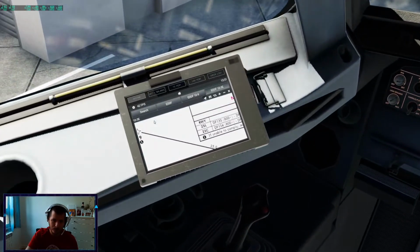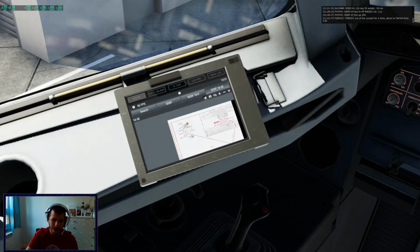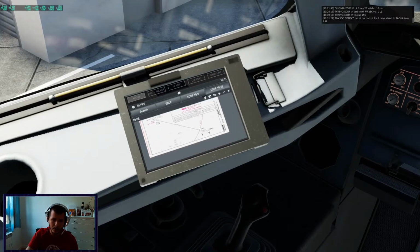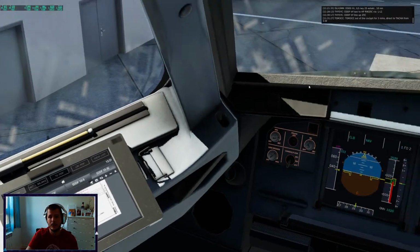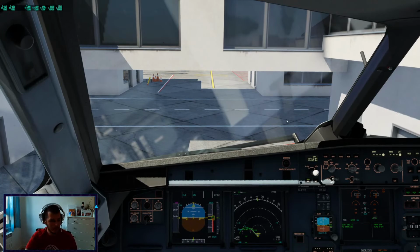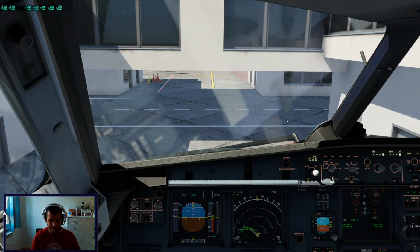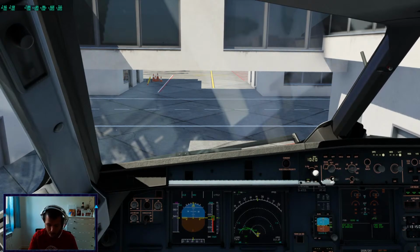2,500. And then after Delta Foxtrot 159, we will do open climb to our final level 37. That sounds good. Before takeoff, briefing is completed. I'll turn off the AC so I don't die of cold. Frankfurt traffic, runway 25 left vacated. That's good. And now let's do